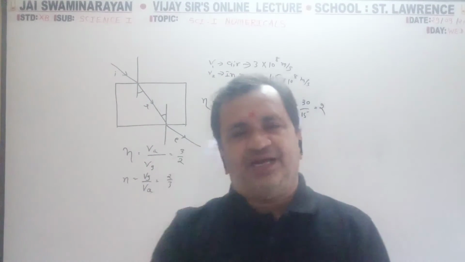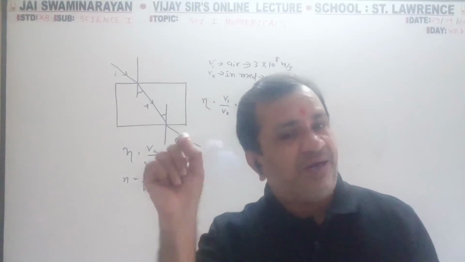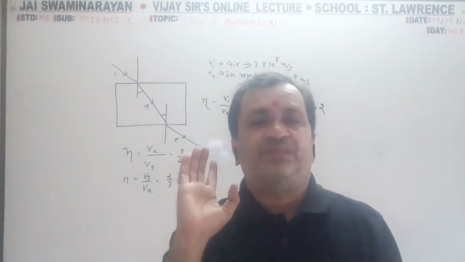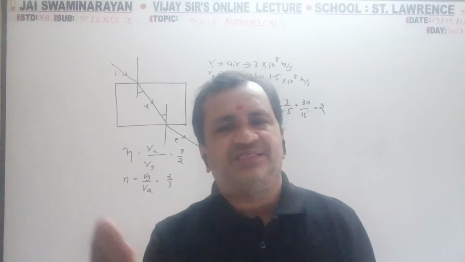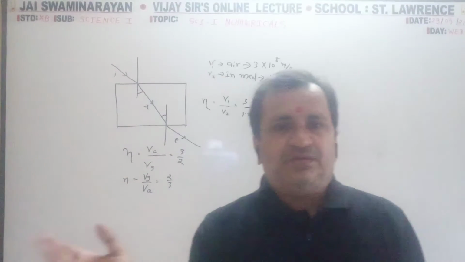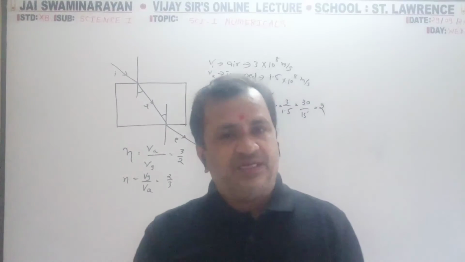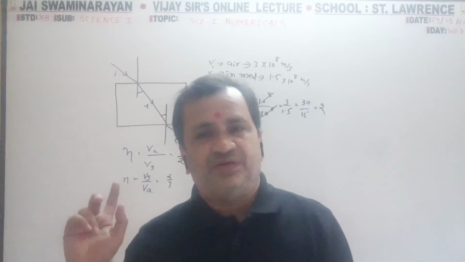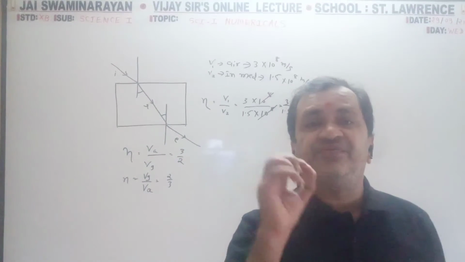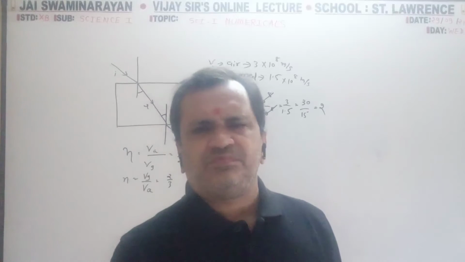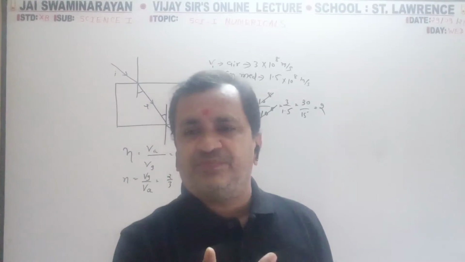Speed of light in air is 3 lakh kilometer, but in meter it is 3 into 10 raised to 8 meter per second. It has a unit. Speed of light in another medium, can be water, glass, glycerin, diamond, is also given as 1.5 into 10 raised to 8 meter per second. But for the refractive index, in that table also given, water 1.